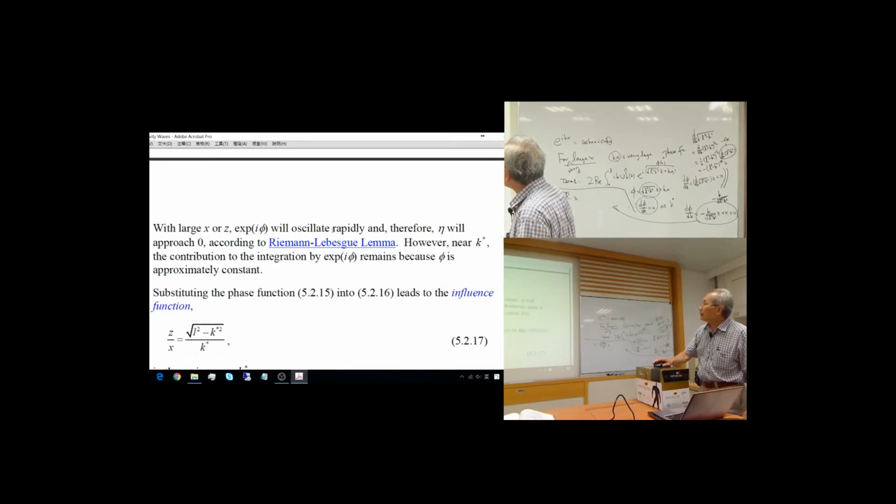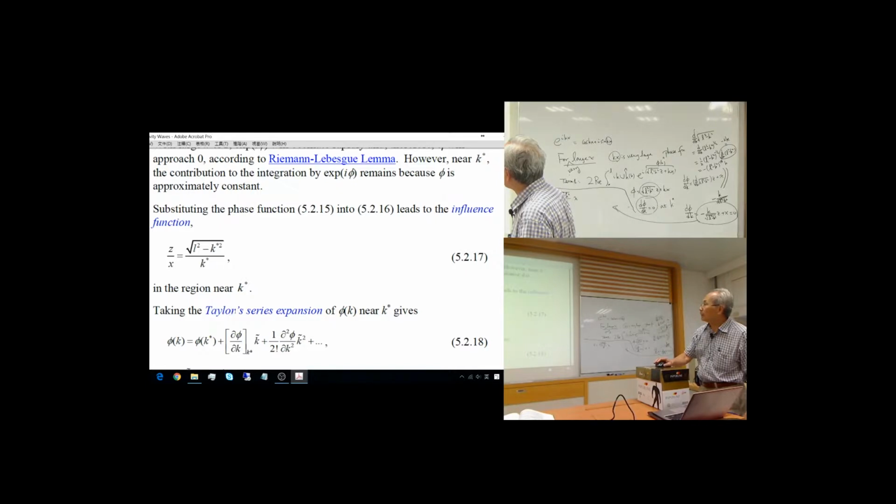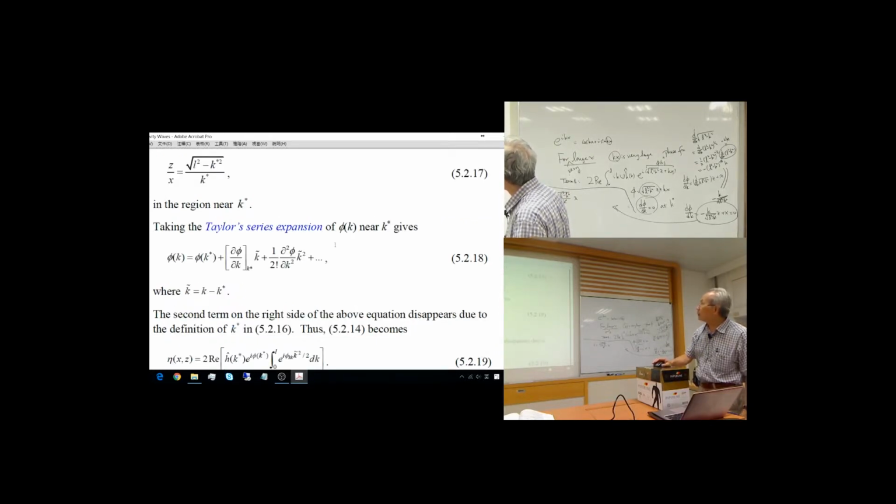Okay, so then we can have stationary phase. And then you take the Taylor series expansion of phi of k near k star. I believe you still remember how to do this. Okay, Taylor series expansion, you got this, right? Remember we have this Taylor series expansion of